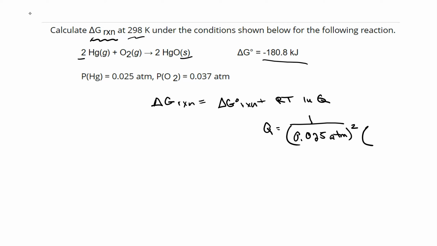We also have oxygen, 0.037 atmospheres. Notice no coefficient. Well, there is. It's just 1, so we don't have to square it or do anything else because it's just 1. And Q, in this particular case, is going to be, let's see, a little math,